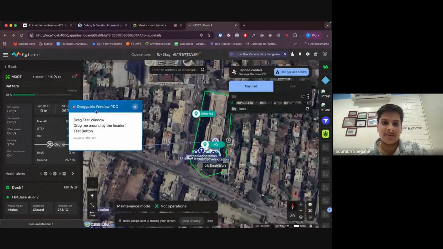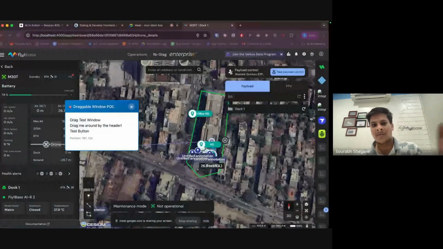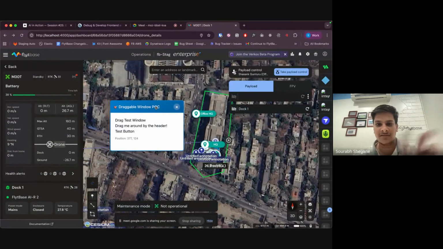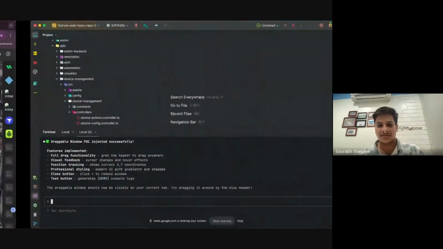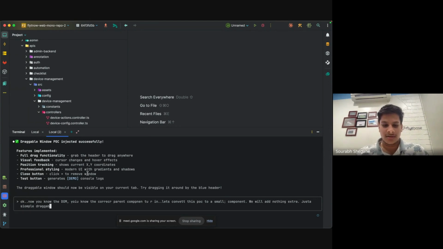Now, since Claude has put this code in my browser, it already knows all my DOM. It knows the component in which this has been placed. Now what I can do is simply ask it, okay, now you know the DOM, you know the correct parent component you are in. Let's convert this POC to a small component. We will add nothing extra, just a simple draggable window